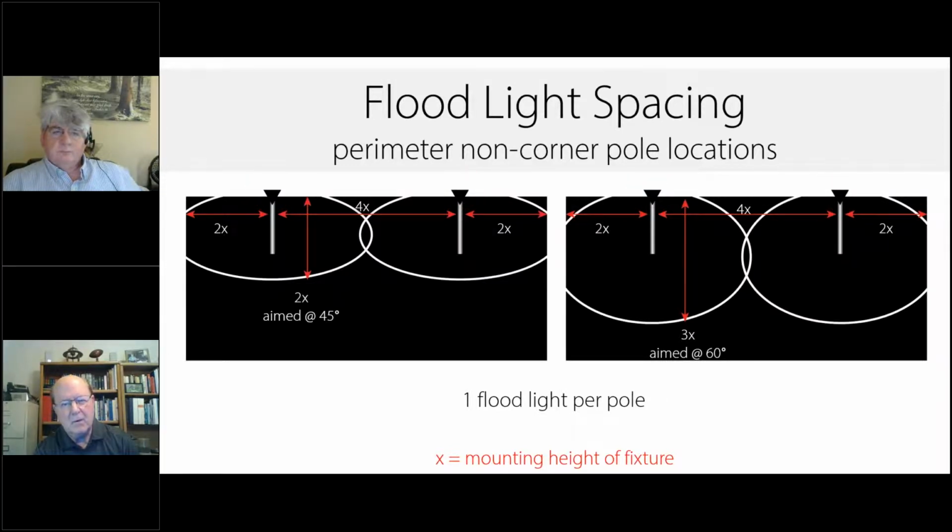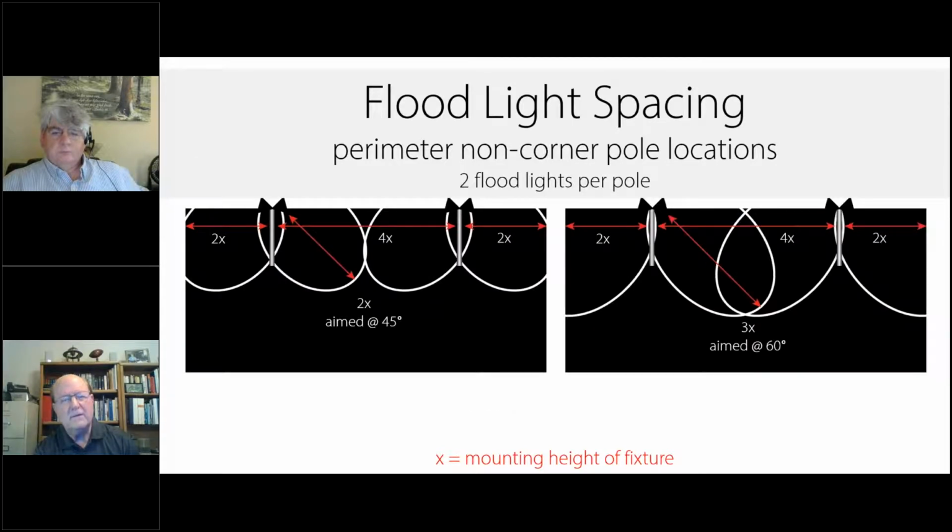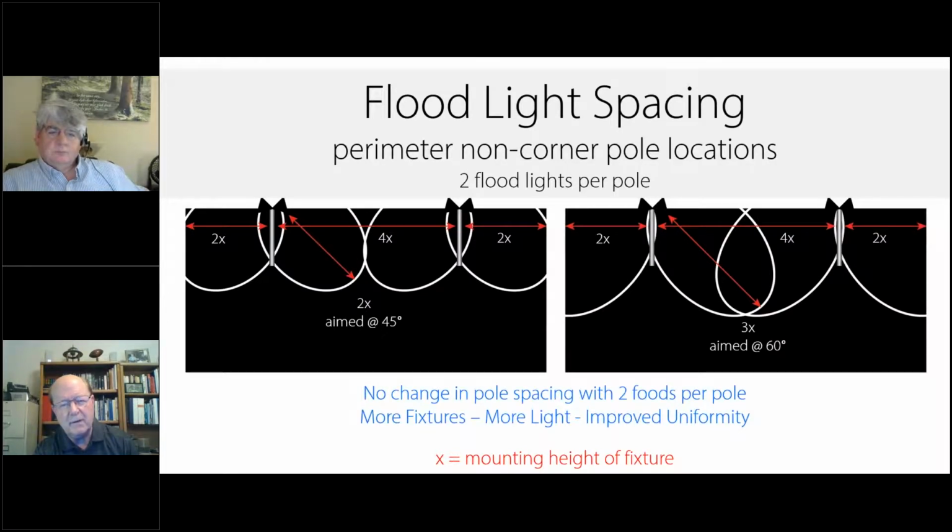Now let's go over and talk about if we put 2 fixtures per pole. All right, so what happens here? Do we change the spacing between the fixtures? Actually, we don't. What we're doing is really just improving the uniformity. If we have 2 fixtures per pole, same location, you have more fixtures, so you have more light and improved uniformity. But the rules of thumb of the 2X and 4X, 2X out at 45 degrees, 3X out at 60